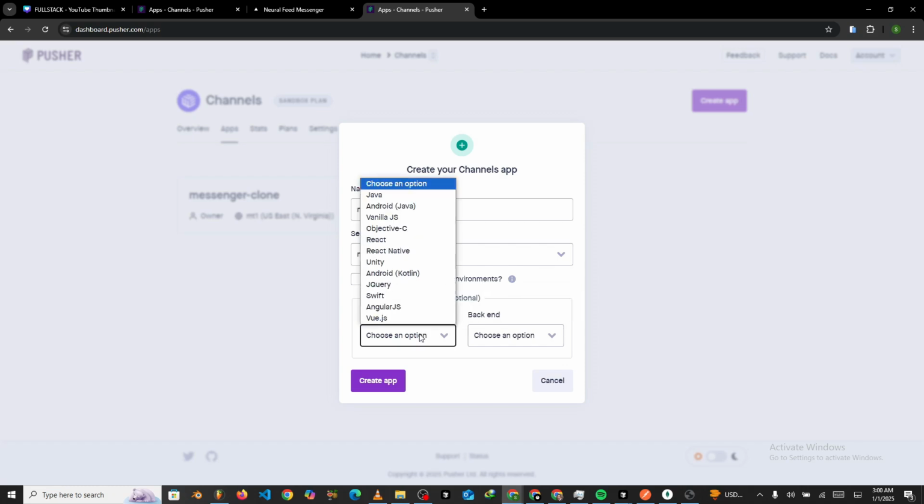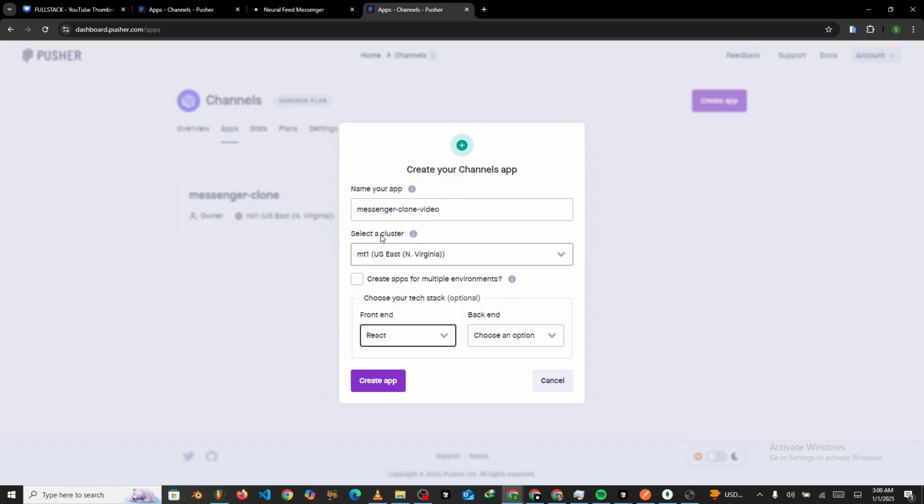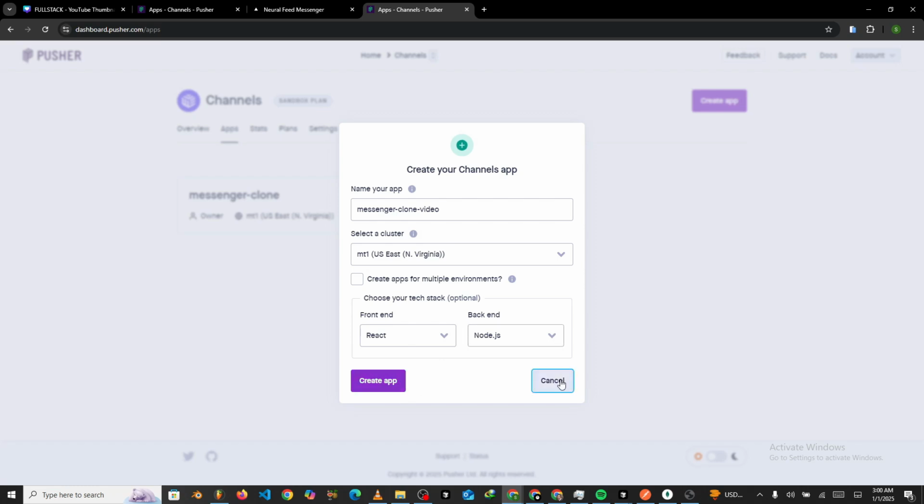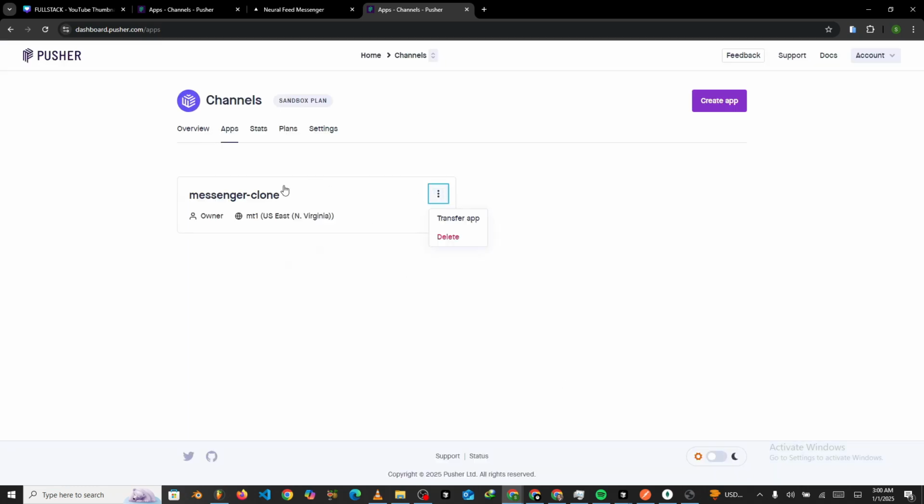And for the front end you want to select React, and then for the back end you want to select Node.js, just like this, and then you click on create app. Alright, I don't want to recreate the app anymore. So once you create the app, what you want to do is